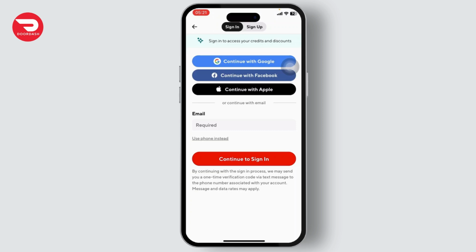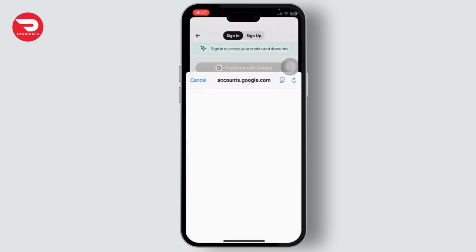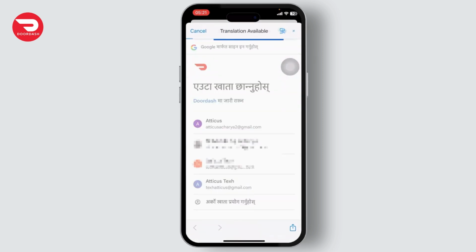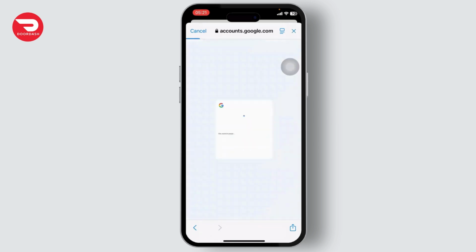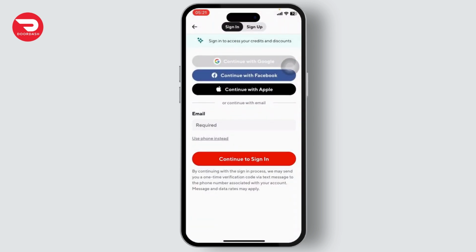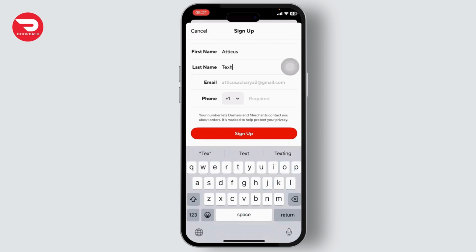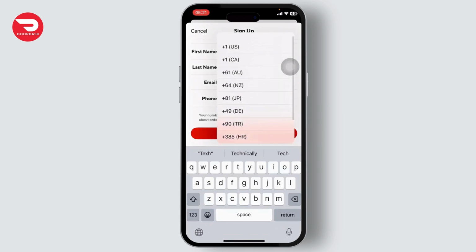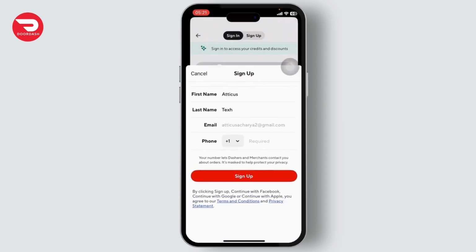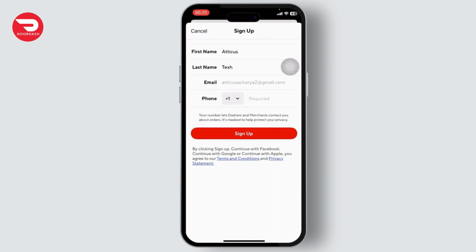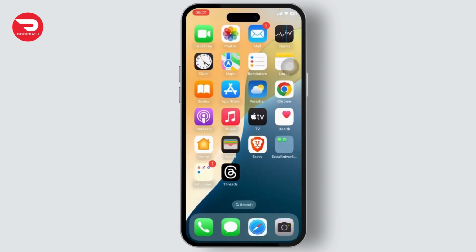I'll just tap on continue with Google, tap on continue, select my Google account, and then tap on continue again. And by doing that, I will get signed in to my Google account. So I'll just need to type in my last name here. Type in your last name, your email address, and then your phone number. So simply type in your phone number and tap on sign up, and you will have created your DoorDash account. And it's that simple. That is how you do it,